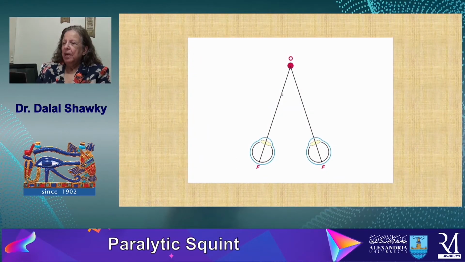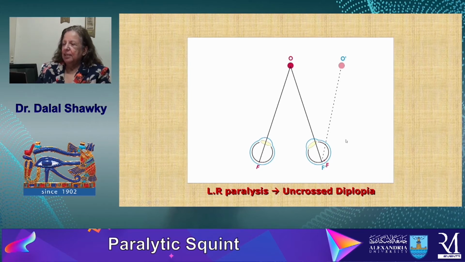Here is the normal object here. Its image is falling on the fovea of both eyes. But if the lateral rectus is paralyzed, this eye will be turned in, and the image, instead of falling on the fovea, will fall on an extrafoveal point. This extrafoveal point is on the nasal half of the retina, nasal to the normal fovea. Any image of an object when falling on the nasal part of the retina will be projected in space as if coming from the opposite side, and in this case this image will be projected as if coming from the right side. So the lateral rectus paralysis will lead to uncrossed diplopia,